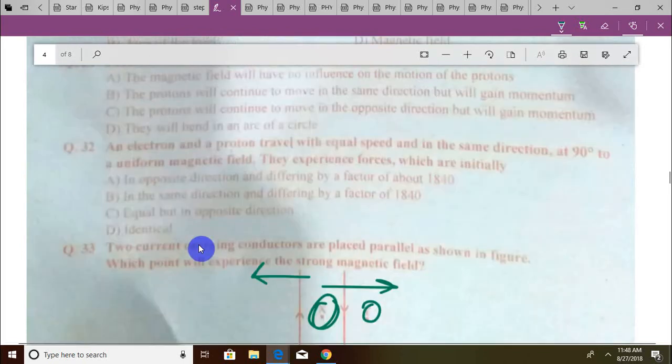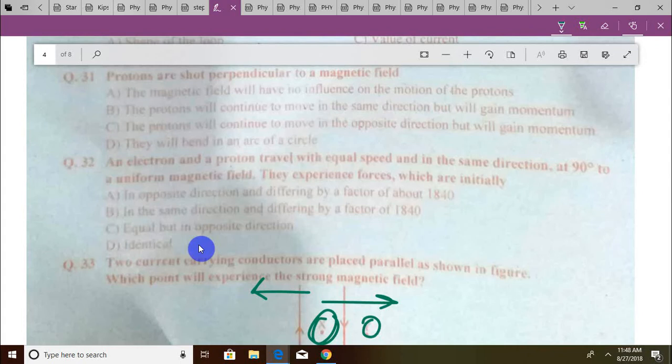एक इलेक्ट्रॉन और एक प्रोटॉन ट्रैवल कर रहे हैं विद इक्वल स्पीड और एक ही डायरेक्शन में। स्पीड सेम है, हमें बस इतना सा पता है, मास फ़र्क है ऑब्वियसली। यूनिफॉर्म मैग्नेटिक फील्ड में, वो फोर्स एक्सपीरियंस करेंगे विच आर इनिशियली इन द ऑपोजिट डायरेक्शन एंड डिफरिंग बाय फैक्टर ऑफ अबाउट 1840। इक्वल फोर्स की वैल्यू है लेकिन डायरेक्शन ऑपोजिट है, आइडेंटिकल फोर्सेस हैं। फोर्स का फॉर्मूला हमारे पास क्या है,